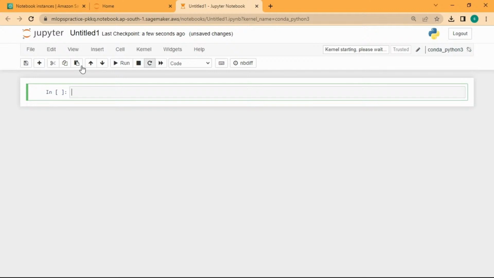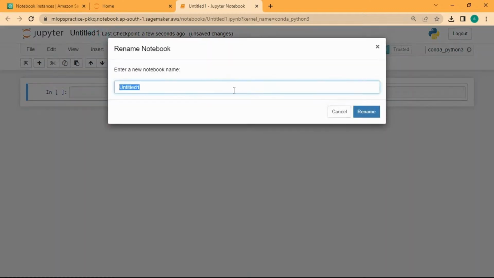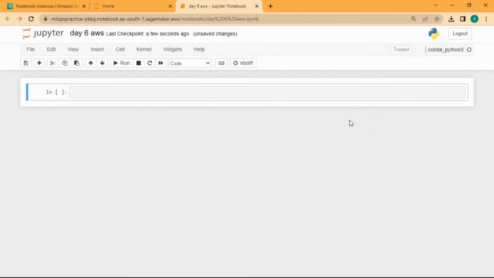Yeah, the kernel is running. Please, we'll wait for it. Day 6. Yeah, just check whether it is working or not with print hello world. Once again,